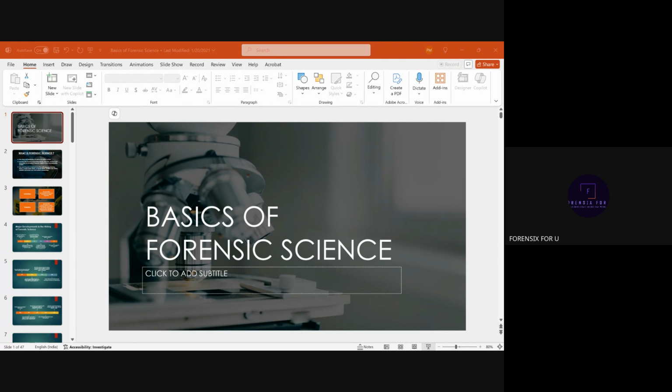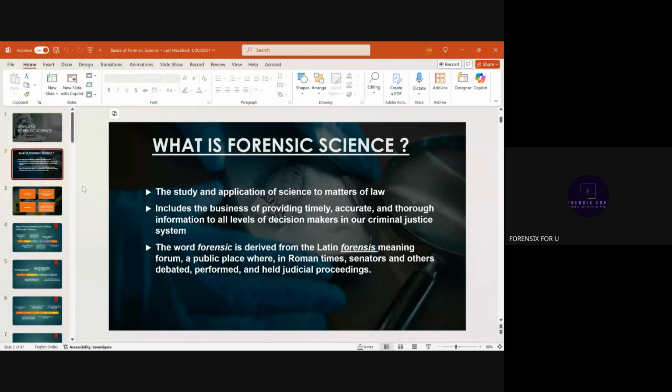So first we'll begin with a brief introduction of forensic science and what it is all about. And at any point of time, if you guys have any problem, or if you feel that I need to repeat anything, just let me know. Just drop a text or raise your hand and tell me at that exact point to kindly repeat anything that you want me to repeat, right? Also, is the screen visible? Yeah, ma'am, visible. Yes, ma'am.